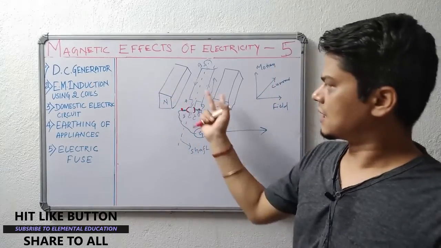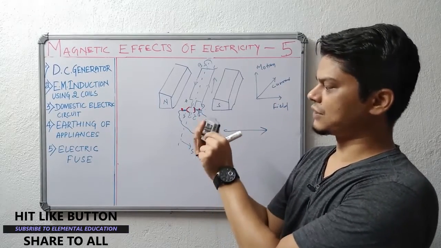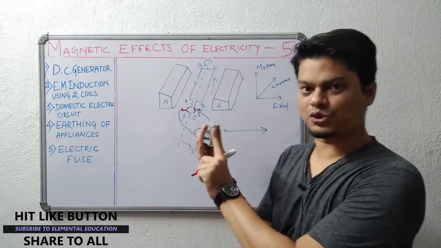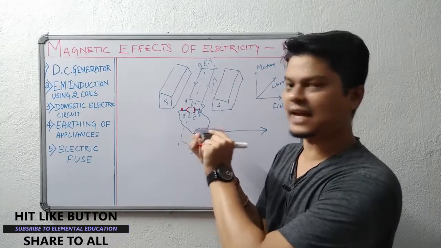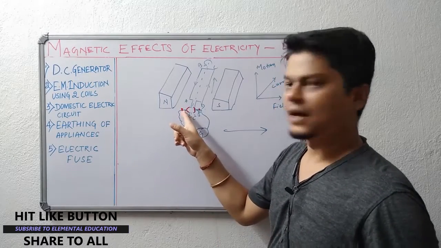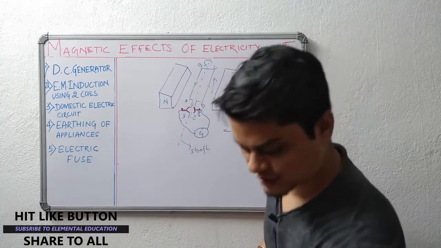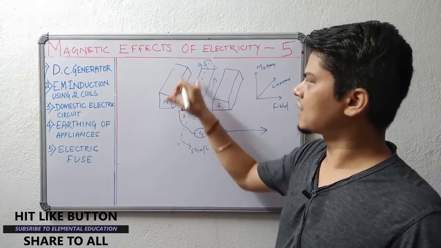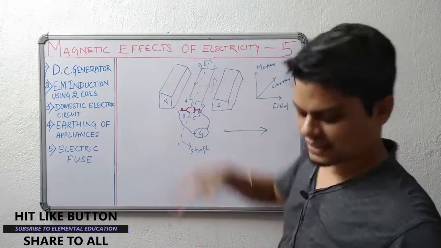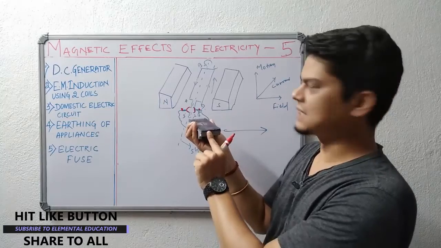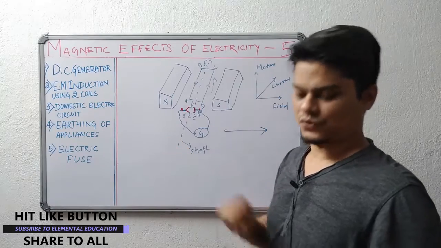So when the coil flips like this, after that in this halfway it gets inertia of motion. This inertia of motion lets the coil move a complete rotation. This complete rotation again gives the contact with these brushes. These split rings get contact with these brushes. So this makes a direct current flow across it. Why? The direction of current here in the coil is always constant. Suppose the coil flips the direction here. What happens? The current flow will be in the same direction. So the direction is constant.